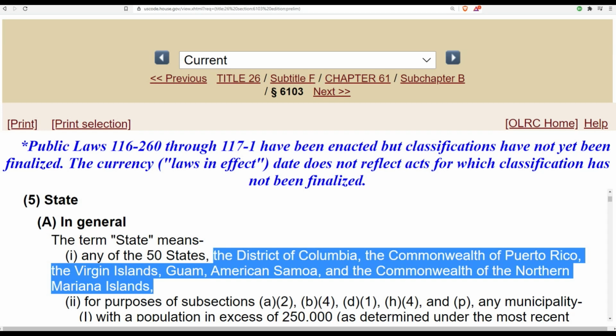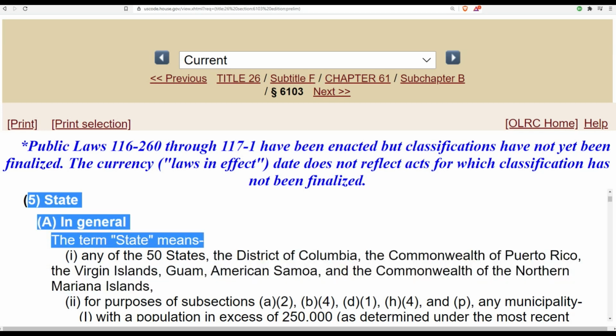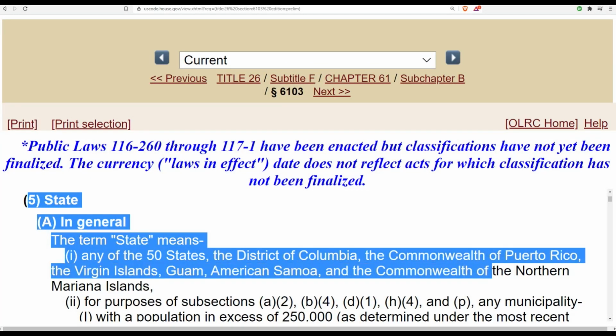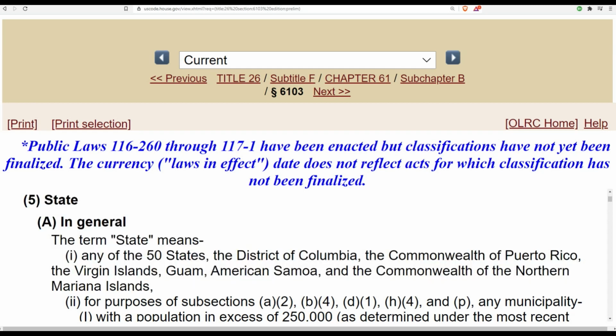They define the term state to mean any of the 50 states. Look at that. The term 50 states is there. When they want it, they use it, right? The District of Columbia, Commonwealth of Puerto Rico, and a bunch of other territories are listed there and more. But the term 50 states is listed in there specifically because they can.